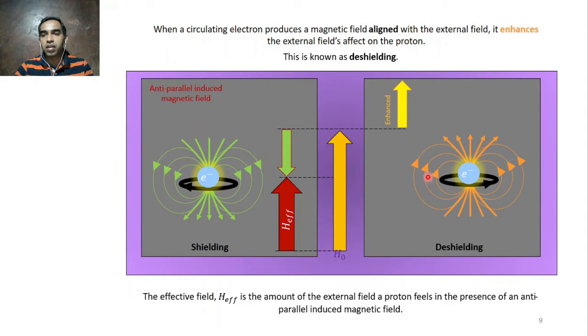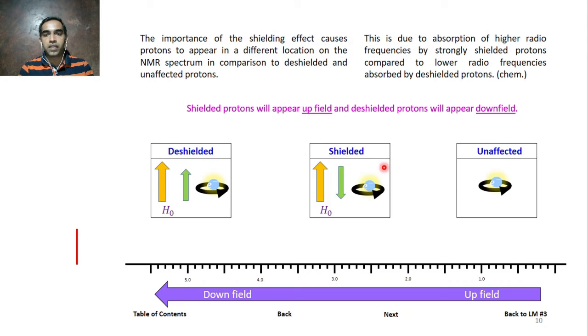Okay, if the electron cloud or density is lower, then what can happen? If electron withdrawing groups are there, then the magnetic field produced by this will enhance or will be aligned with the external magnetic field. Net magnetic field experienced by the nucleus will be higher than what you have applied. Then correspondingly frequency of absorption will also increase and delta will also increase. That will go to downfield. Okay, this is what you see here.